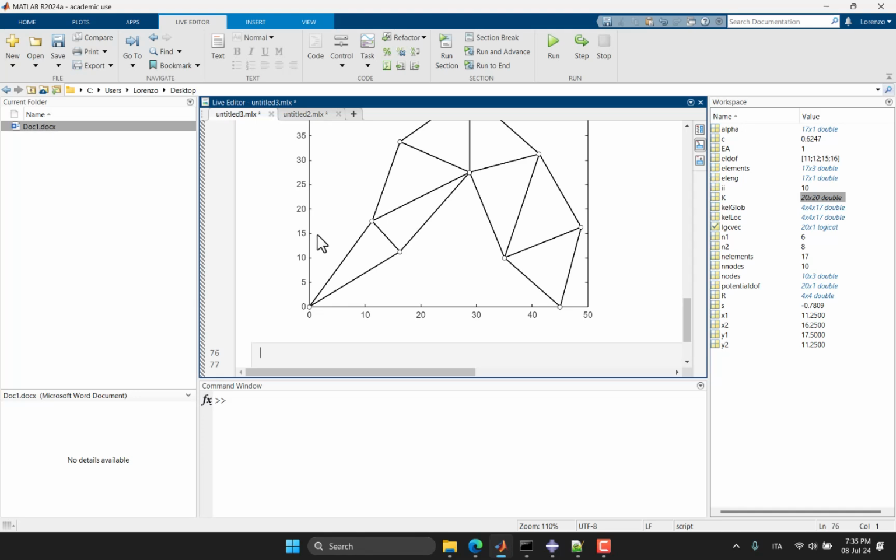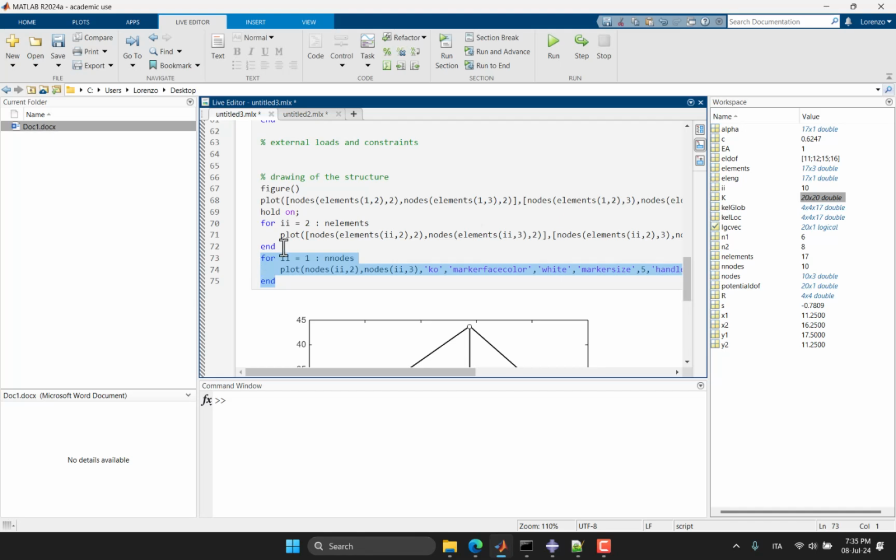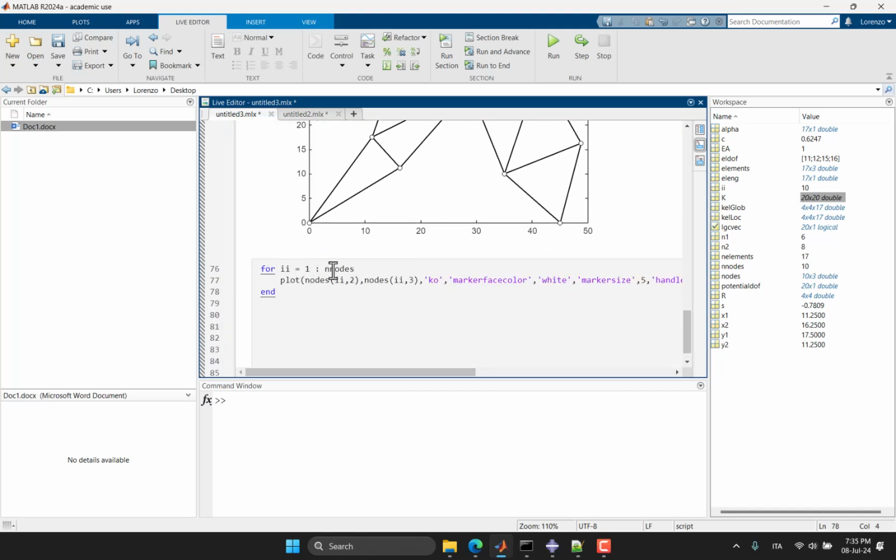Add the labels for the nodes. In such a way we are able to identify the nodes with precision. So text,